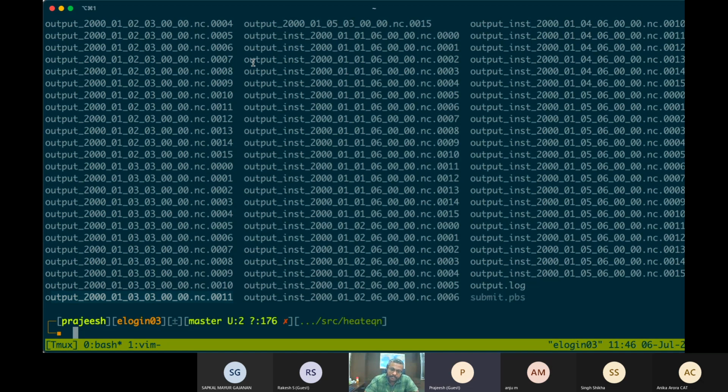You can see that we used 16 processors, so there are 16 files, 0 to 15, and now we have to use another program to combine these files. Once you combine these, you'll get a proper NC file with the full output.